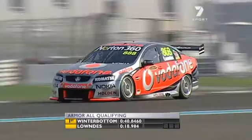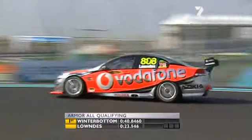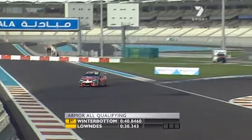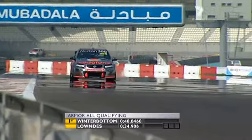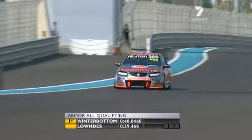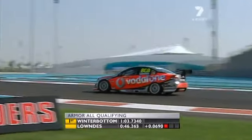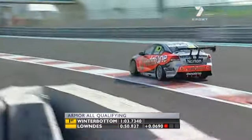I love watching him qualify. He's absolutely out of control. He's got great car control. He used all the curb there at turn 4 and down through this corkscrew. He plucked a gear coming out of turn 4, so he must have got back to first and then slot. Some of them have been running through there in second. So he's used first to launch it and then grab second and run down the hill. Pretty good first split, 0.06 down on Winterbottom. But Winterbottom obviously a little bit down in the first sector before, so